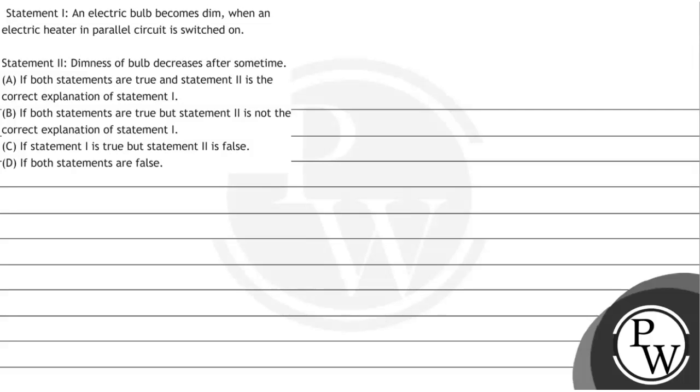हेलो बच्चों, लेट्स रीड द क्वेश्चन। तो क्वेश्चन में गिवन है कि स्टेटमेंट 1 saying that an electric bulb becomes dim when an electric heater in parallel circuit is switched on। स्टेटमेंट 2 कह रहा है कि डिमनेस ऑफ बल्ब डिक्रीजेस आफ्टर सम टाइम। हमें देखना पड़ेगा कि कौन सा ऑप्शन सही है, राइट। सो इस क्वेश्चन में हमारा जो की कॉन्सेप्ट होगा